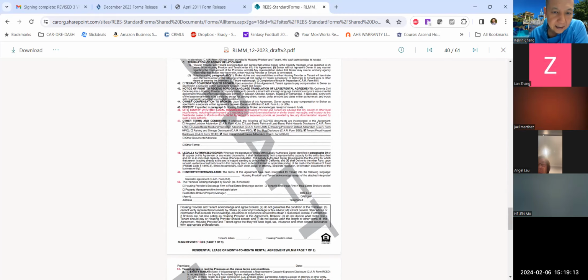Now, receipt, city, county, or other local requirement. This is a new paragraph that all rental agreements are subject to local and county requirements, such as rent stabilization or similar board, like the LA Board of Rentals. So when you put together a contract, it's the tenant and landlord's duties to also abide by the local restrictions,